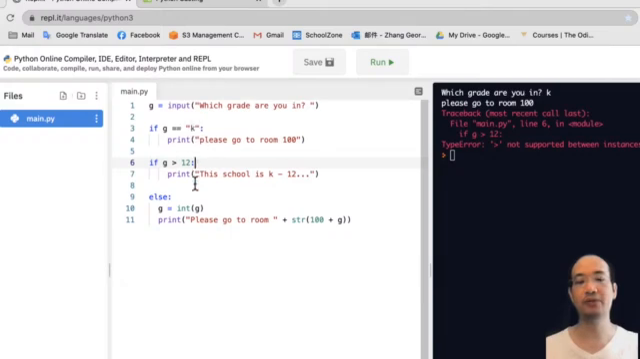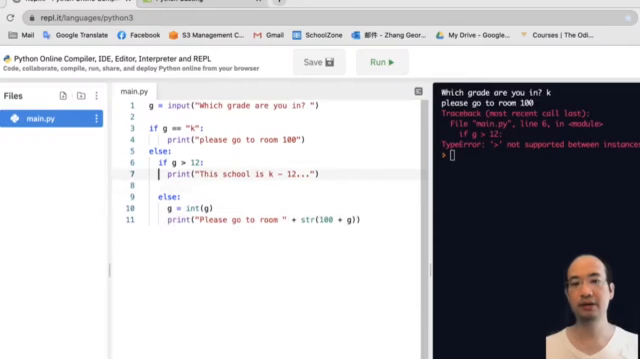So you don't want to do this. You want to say if g is equal to k, and then you print go to room 100, else in line 5, you will do else, and you move all these lines two spaces, each line gives two spaces, and make them